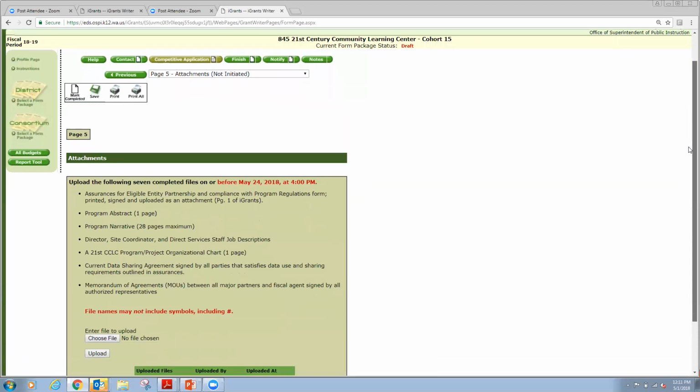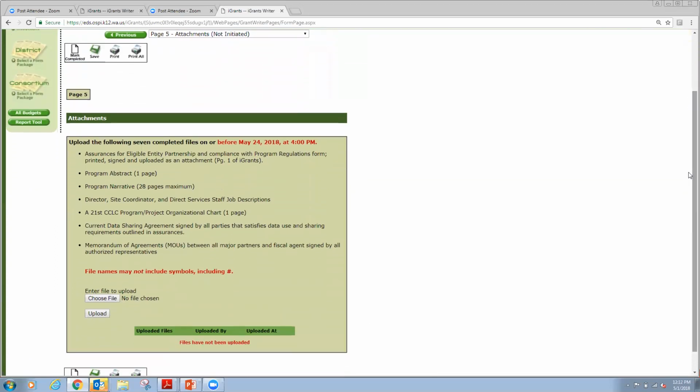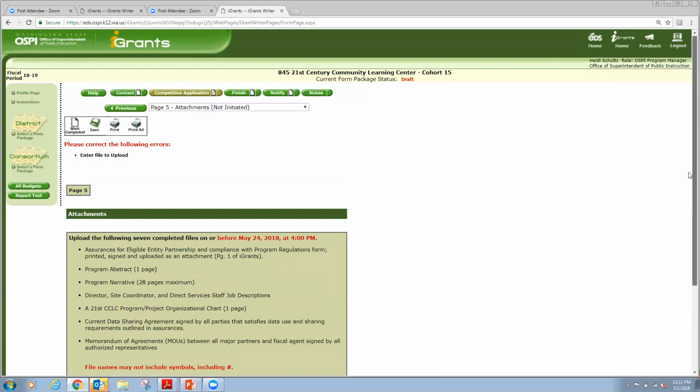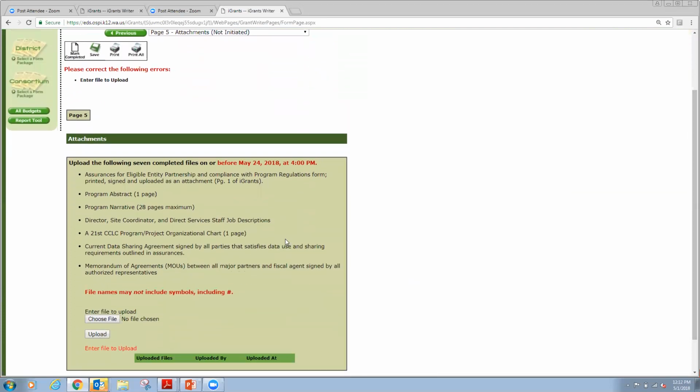Page 5 is the upload page. And this is where you need to upload all your materials and your narrative, your abstract, your job descriptions, your organizational chart, your signed data sharing agreement, and your signed MOA. And you'll want to use the upload feature here. And it's really helpful if you actually name them what it's named here, program director, site coordinator descriptions, and so forth. And this is all the stuff that has to be uploaded by May 24th by 4